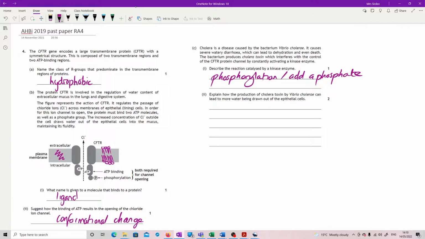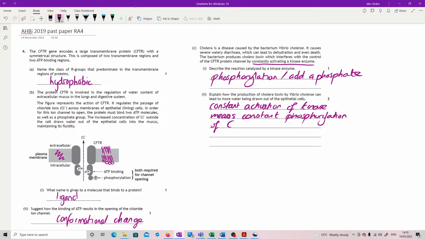Explain how the production of cholera toxins by Vibrio cholerae can lead to more water being drawn out of the epithelial cells. Right, so if we read up here, constantly activating a kinase enzyme. Okay, so what we then have is constant activation of your kinase means constant addition, means constant phosphorylation of your channel